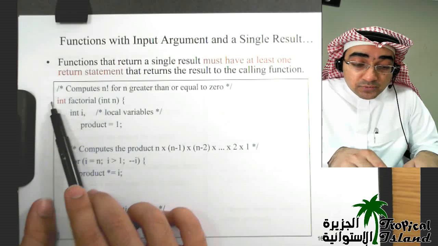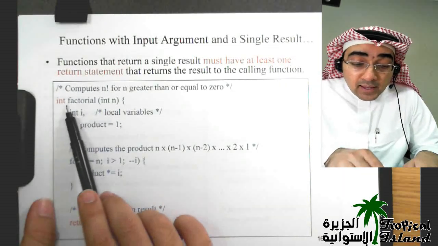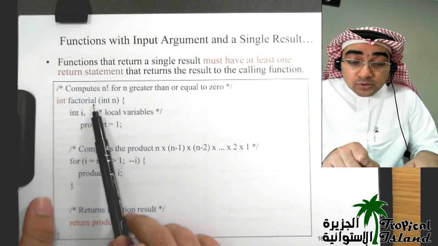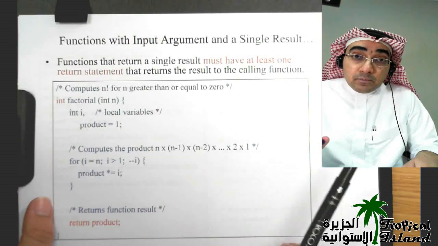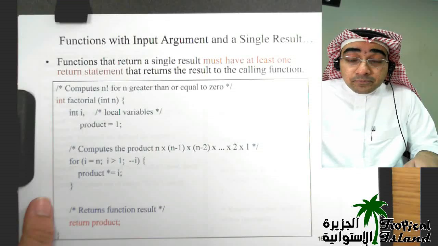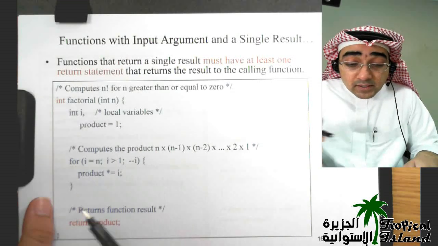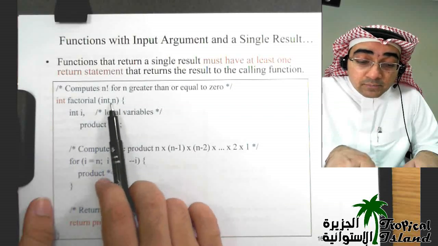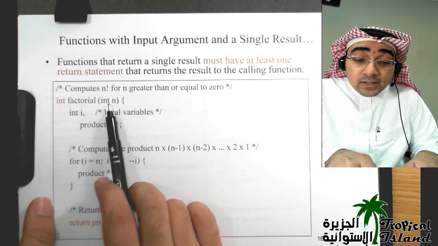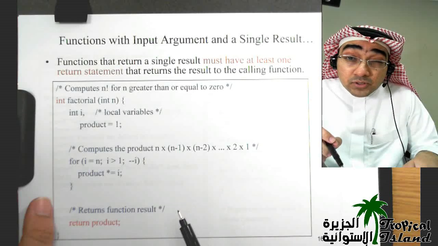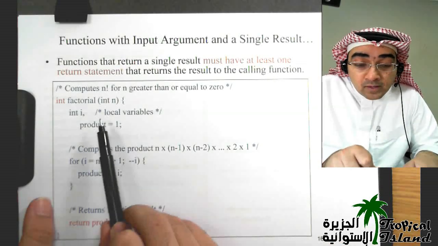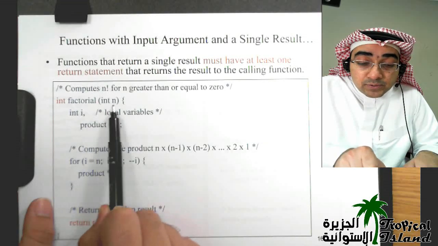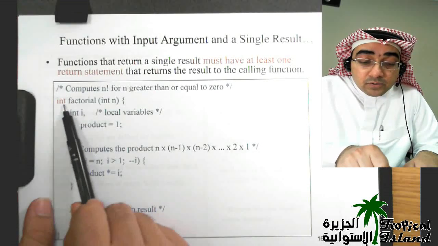It returns an integer for us. Okay, and the name of the function is factorial. So we call it factorial, and between brackets we give it a number. Usually factorials are functions that take a single number and return a single output. So factorial n, you give it the number which we want to calculate the factorial of, and usually factorial is only defined for integer numbers, it's not defined for double numbers. So int n, this is the input argument that you have, and it's going to return a factorial for you,